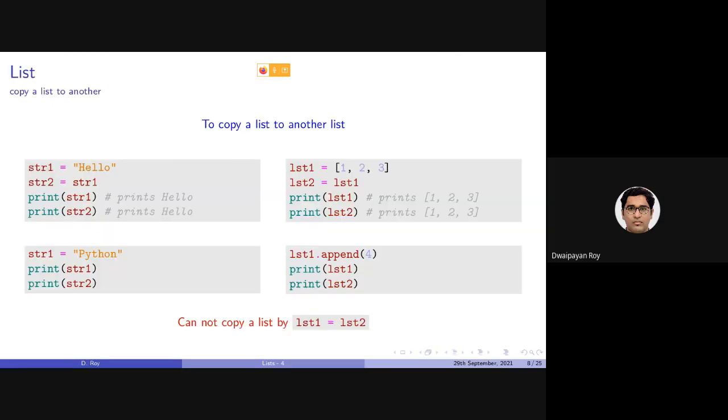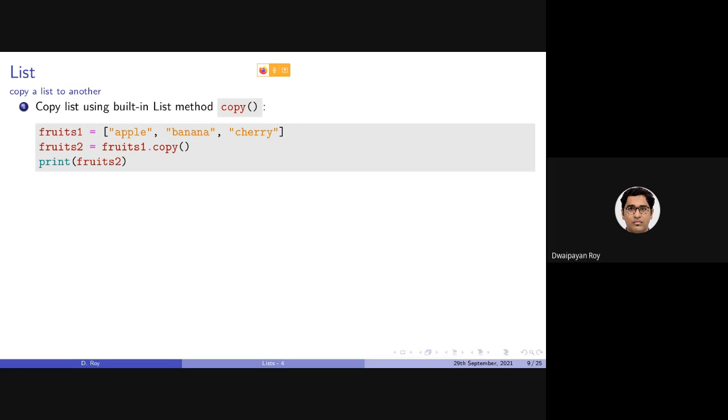So this is not the correct way of copying one list to another. To copy a list, there is a built-in list function, copy, using which we can copy the content from one to another.